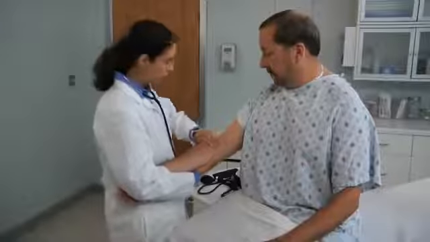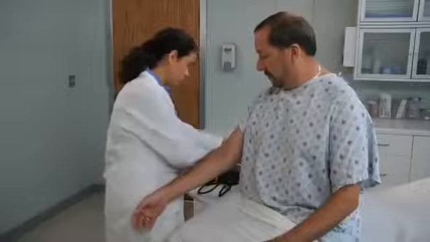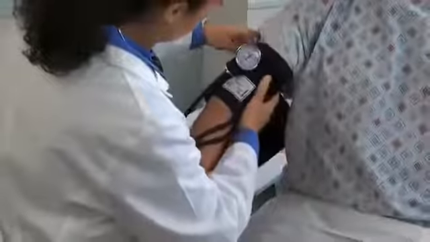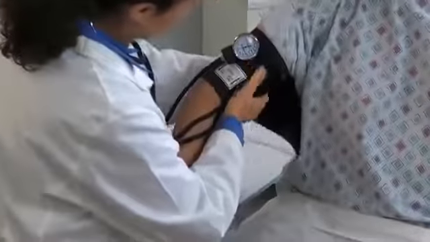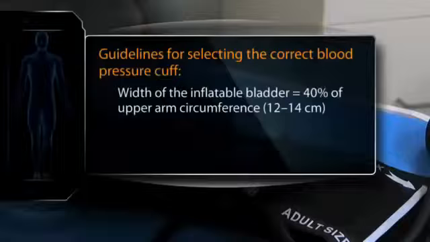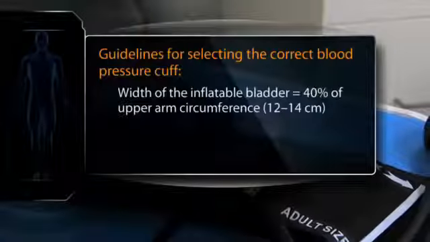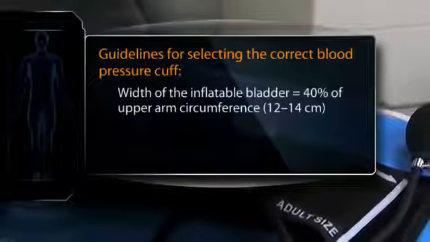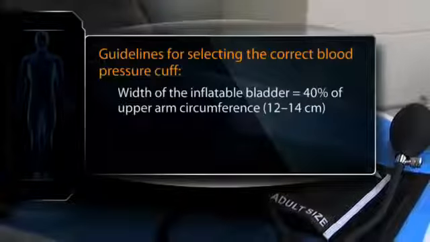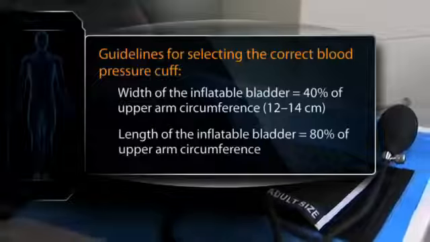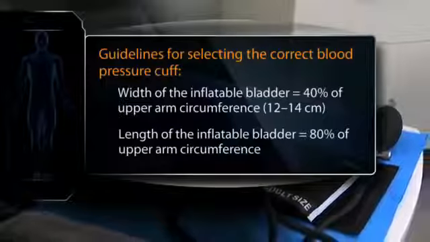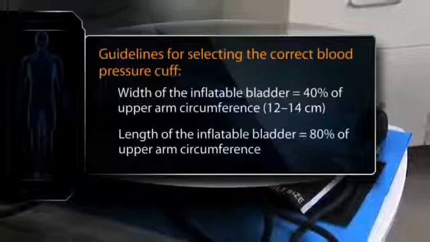To measure blood pressure accurately, you must choose a cuff of appropriate size. Cuffs that are too wide or too narrow may give false readings. Here are some guidelines to help you select the correct blood pressure cuff. The width of the inflatable bladder of the cuff should be about 40% of upper arm circumference, which is about 12 to 14 centimeters in the average adult. The length of the inflatable bladder should be about 80% of upper arm circumference, which is almost long enough to